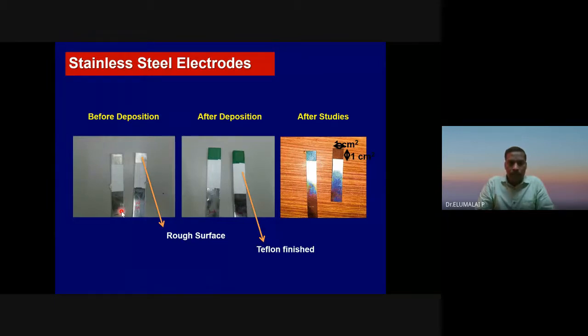So stainless steel, there are different grades depending on the corrosion resistance. 503 grade has better conductivity and good corrosion resistance, typically used in electrochemical depositions. The surface is highly smooth, so it will not be possible to attach anything. You have to make it a rough surface.